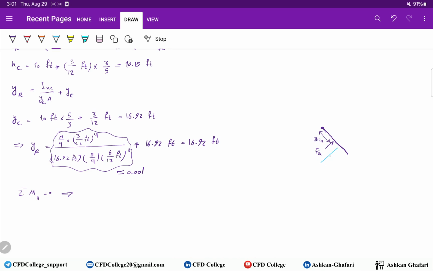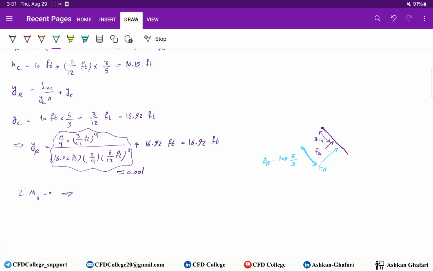FR, we know the distance, which is YR minus, we know YR, but we should subtract this amount, I think 10 times 5 over 3, and we need to find the force,